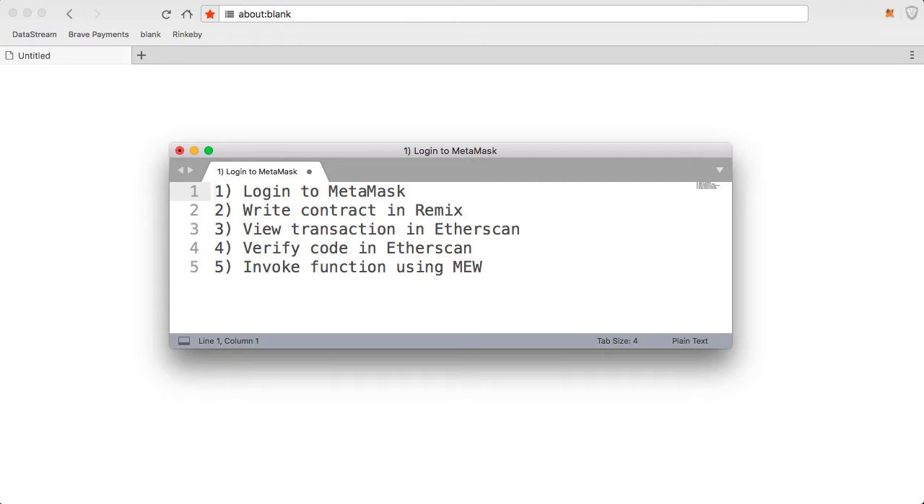Let's deploy a Hello World contract to the blockchain, in this case the Ethereum blockchain. We're going to go through a number of steps. The first one is to log in to MetaMask. This is a plugin in the browser, and this will give us a context that the other tools can hook